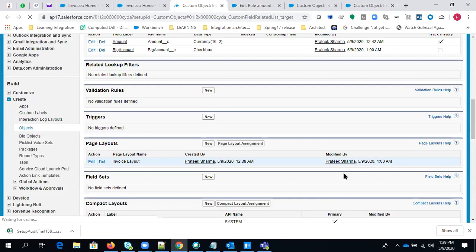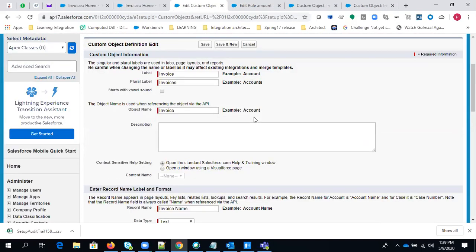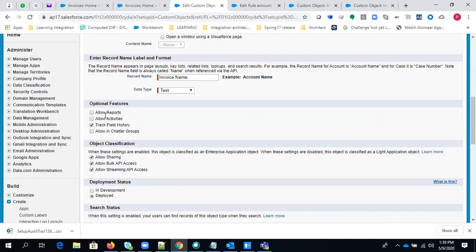Here in the invoice object section, just hit edit, because the 4th option was related to task creation. You can see here there is a checkbox called allow activities. If this particular checkbox is not checked, then you cannot perform activities on this particular object. So I'm just checking allow activities here, right?